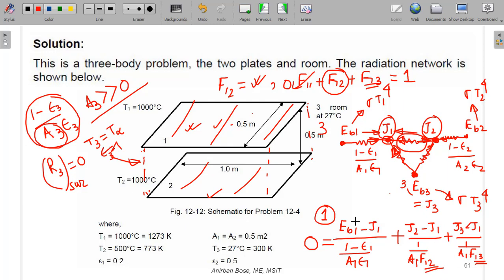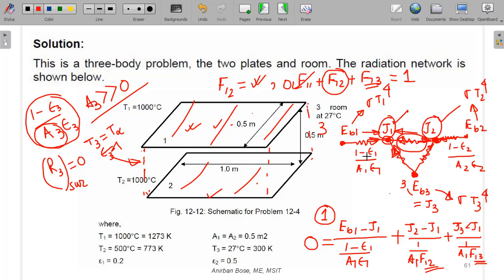Similarly you can find F23, and from symmetry you can tell that F23 and F13 will be the same. In this way you can find the view factors, and you write this equation. Similarly write the similar equation for node 2, that the summation of heat will be equal to 0. And once you know J1 and J2,